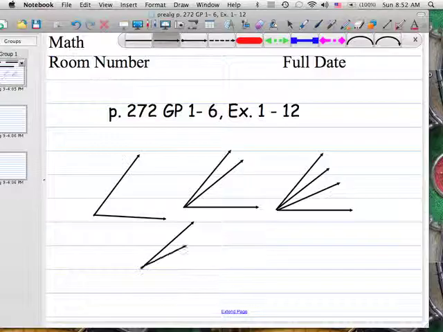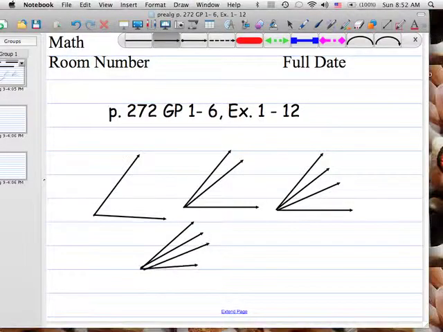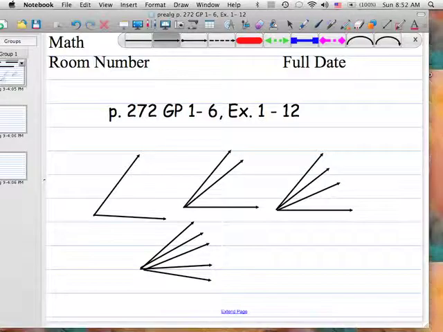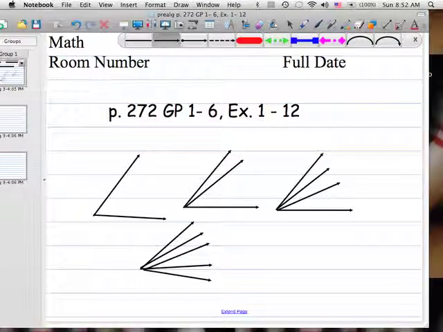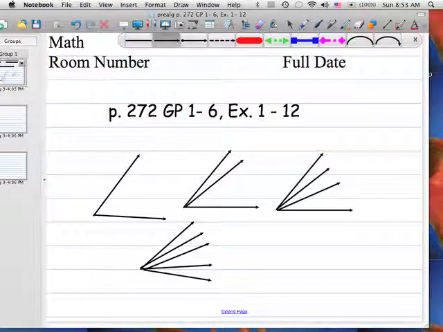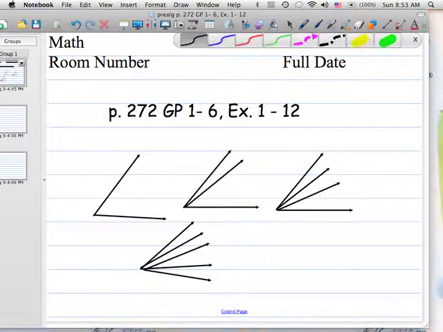And then we have one more, as we're trying to establish a pattern here. This one has 5 rays, and we have 1, 2, 3, 4, 5, 6, 7, 8, and then 9 and 10